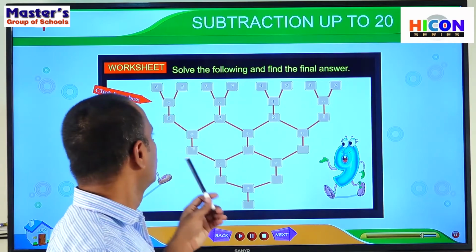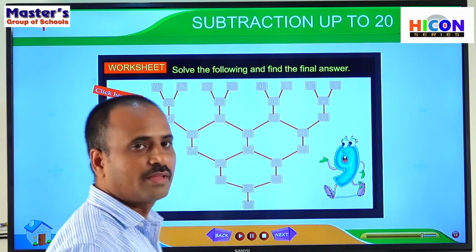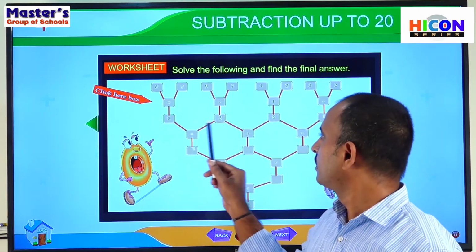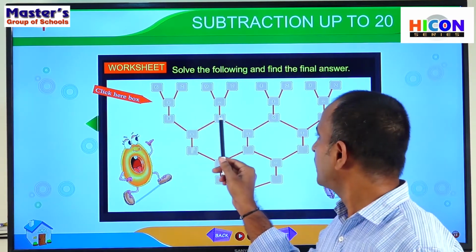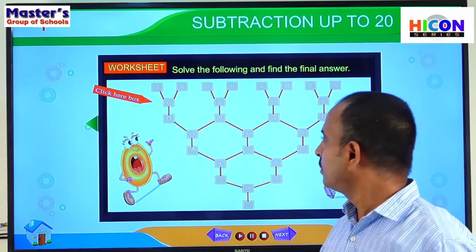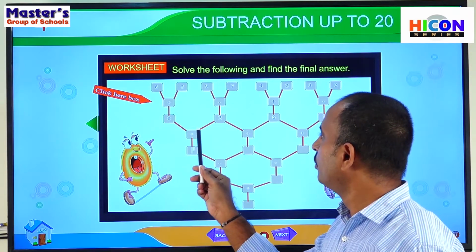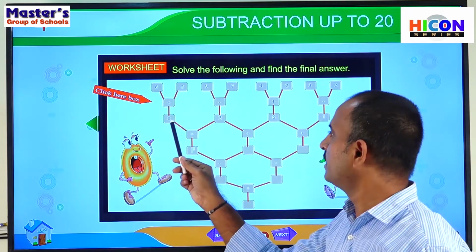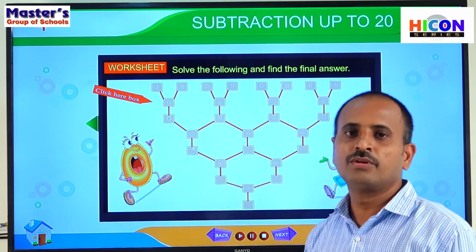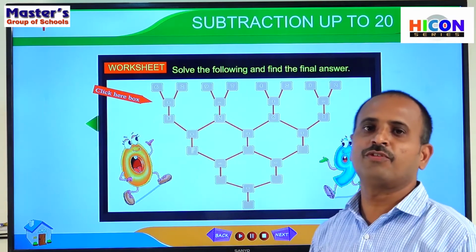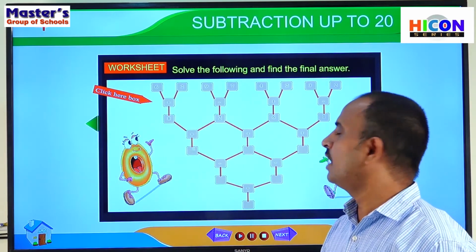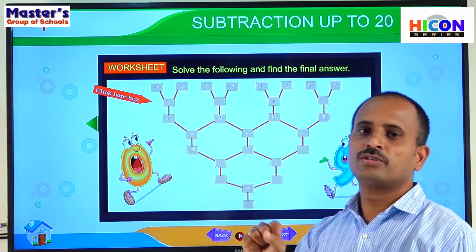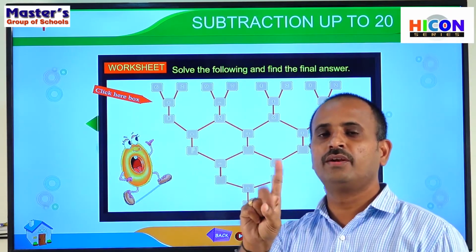Here children, look, here is 8 and here is 2. So the first number is 8 and the second number is 2. The symbol is plus. We have to do addition. That means we have to add 8 and 2. So open 2 fingers of your hand. In addition, we have to open fingers equal to the second number. The second number is 2, so open 2 fingers, 1 and 2.